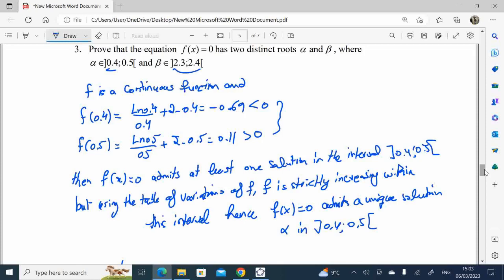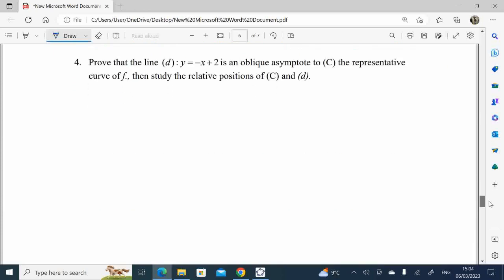Let's go now for part 4. In part 4, what do we have? In part 4, we have to prove that the line D of equation y equal minus x plus 2 is an oblique asymptote to C, the representative curve of f. How to prove the line D is an oblique asymptote? So,